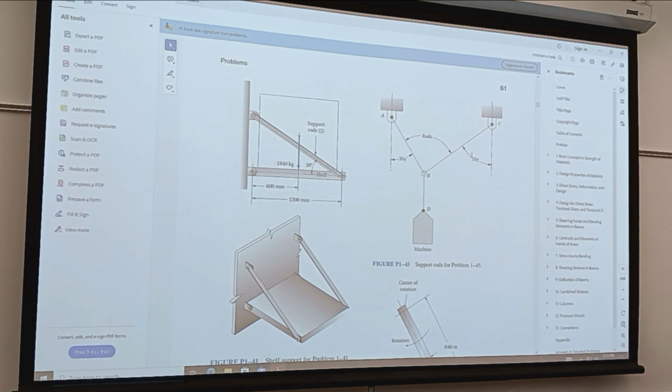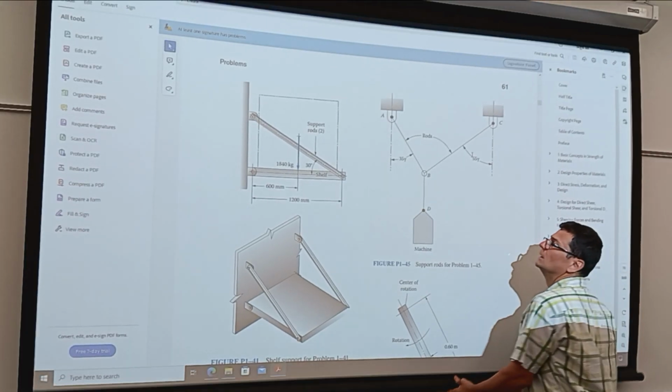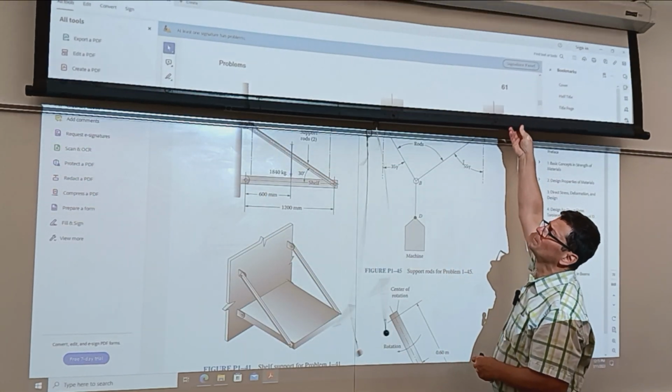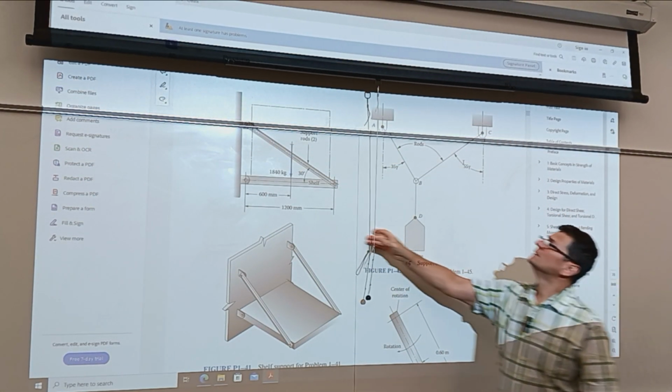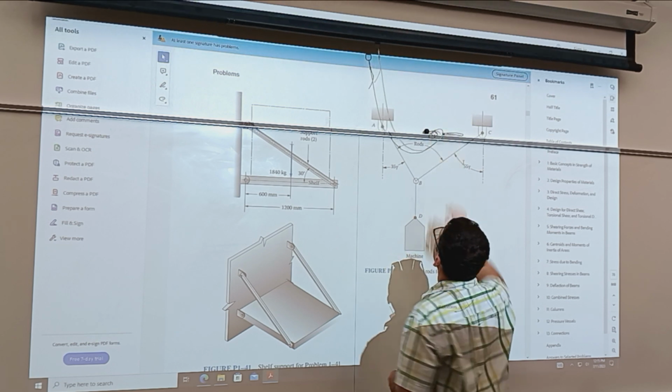So the diameter of each rod is 12 millimeters. Okay, that's a little bit under ½ inch. So let's see. One thing I could do,